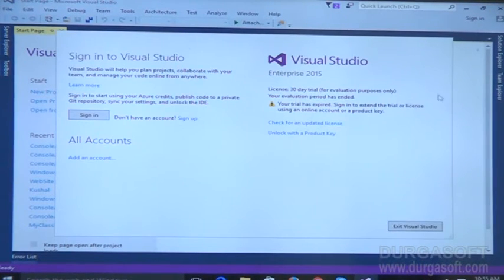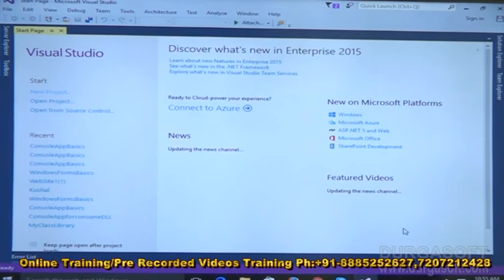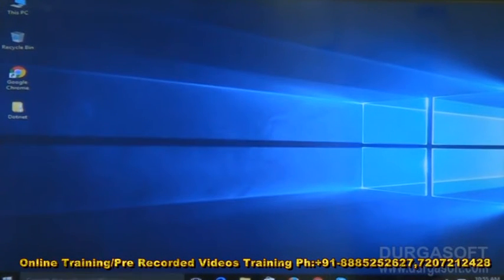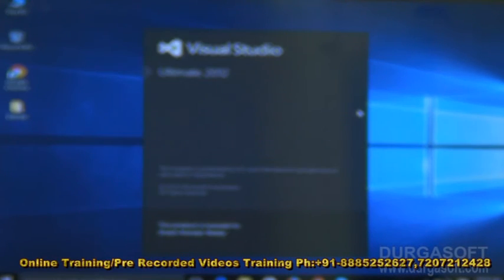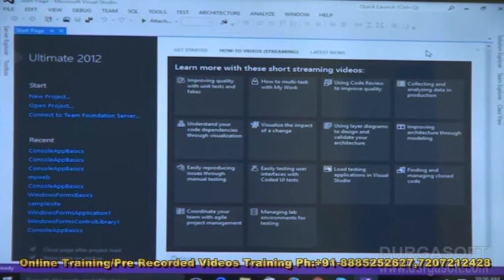Okay, let's close it here. Let's flip to Visual Studio 2012. Okay, so this is the Visual Studio 2012 environment. As I told, Visual Studio is an editor tool used to write .NET programs. Visual Studio is not free software, it is licensed software that you should purchase from Microsoft. Rather, you can download it from the Microsoft site, where a trial version is available.